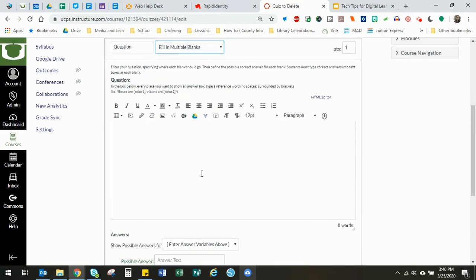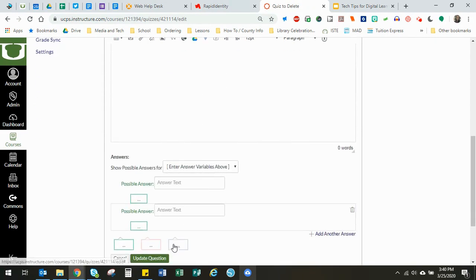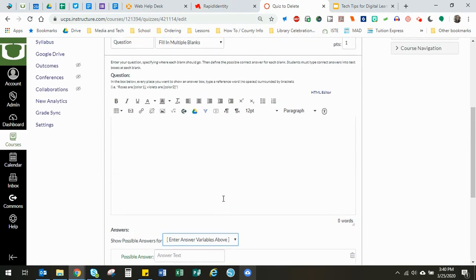Fill in multiple blanks, exactly what it says. So you can have multiple blanks. It says show possible answers for, and it would be for the first blank. And it does tell you how to do this. You need to put these parentheses in here, the brackets. And so you would put, if it was a name,